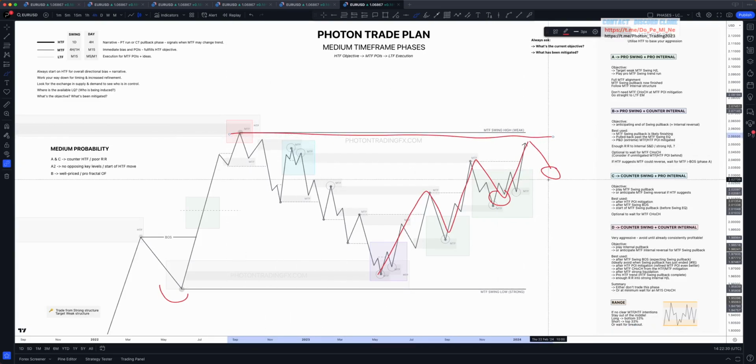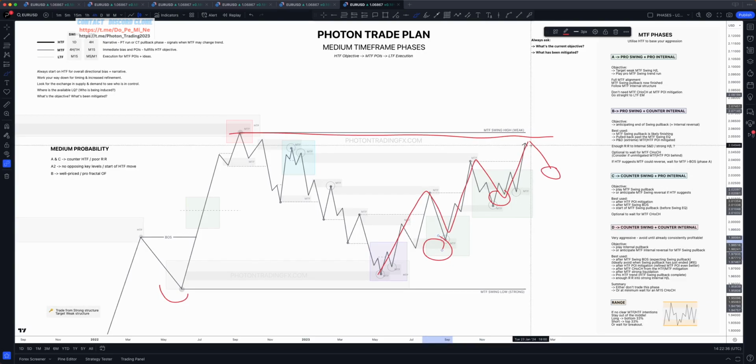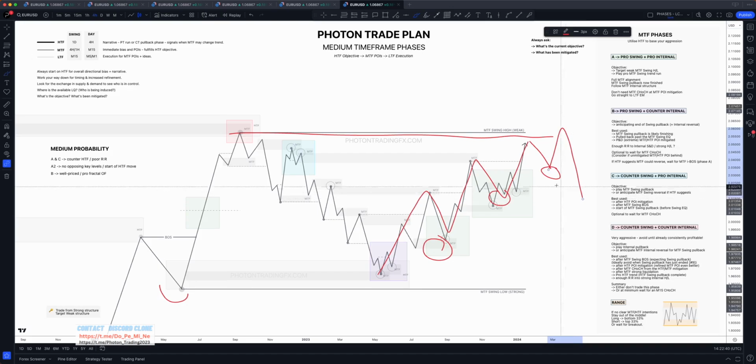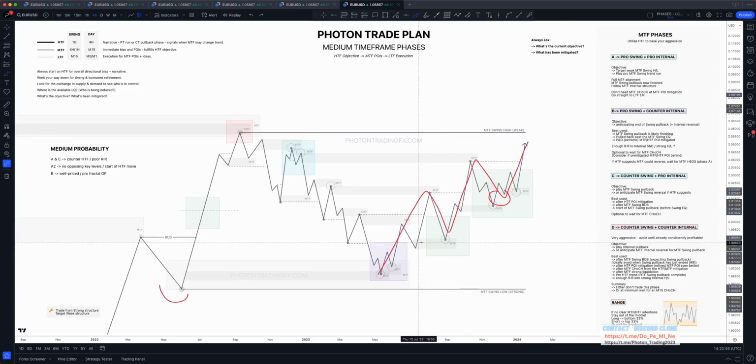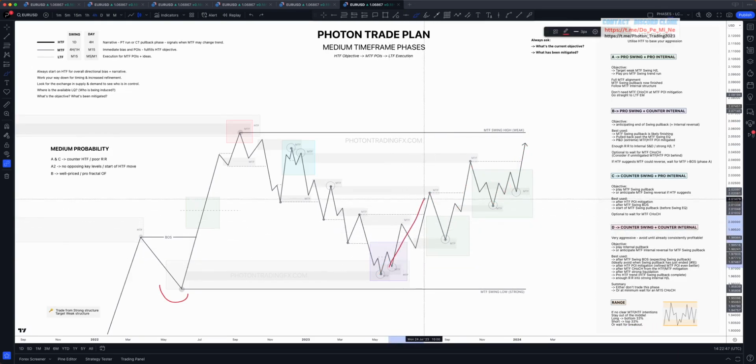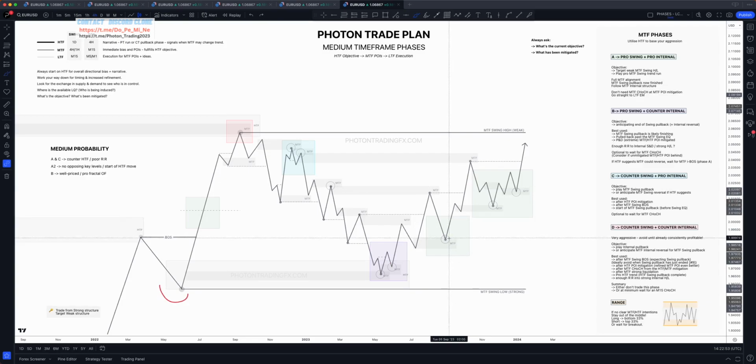So it's not to say we should never take these trades, or they're not worth taking, but in theory, they're a bit lower probability than buying down here because we're getting higher in the leg. We might get a little bit of a move, but it sweeps the high and then we take a loss or a break even, or we just start to range a little bit before we go, right? So ideally, my favorite move for phase A is that initial IBOS after mitigating the extreme, or at least a significant level, pull back in. On paper, that's the area I want to get in. Okay, that would be really high probability.